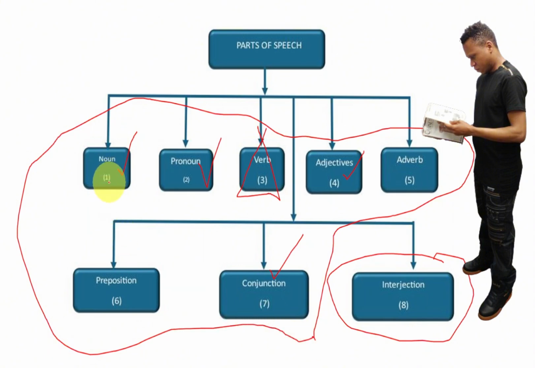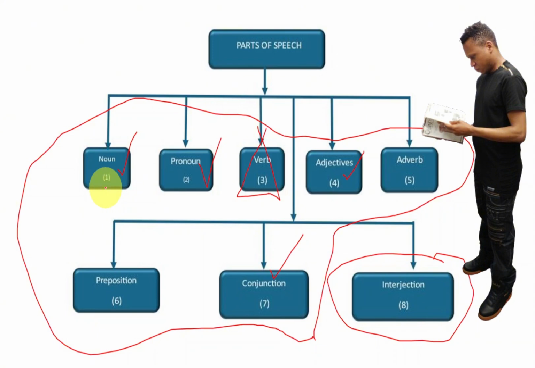For example, when you look at the noun, we have different types of noun. We have a proper noun, we have a common noun, we have a compound noun. Same thing with the pronoun. Let's say in French, we say nous, vous, for example. In English, we have I, you, he, she. We also have other pronouns like him, her, them. So you need to know them. For the preposition, we have at, we have in, we have under.